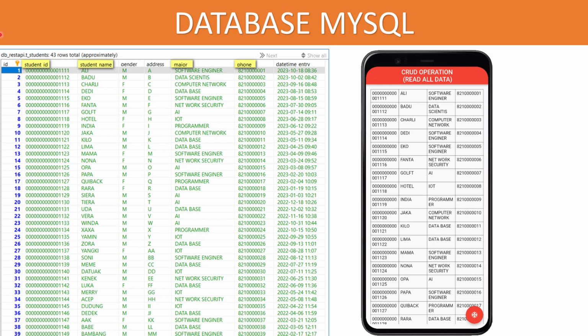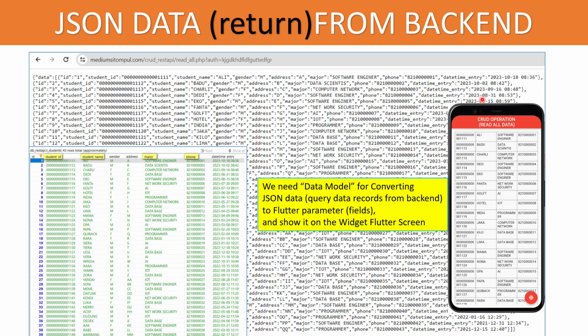Okay, this is my table, my database. But on the screen we just use 4 fields: the student ID field, student name field, major field, and phone field. This one, 1, 2, 3, 4. So we just use 4 fields, not all fields. Okay, this is JSON data.